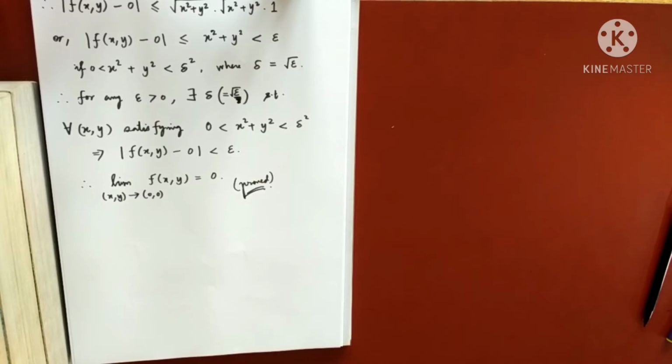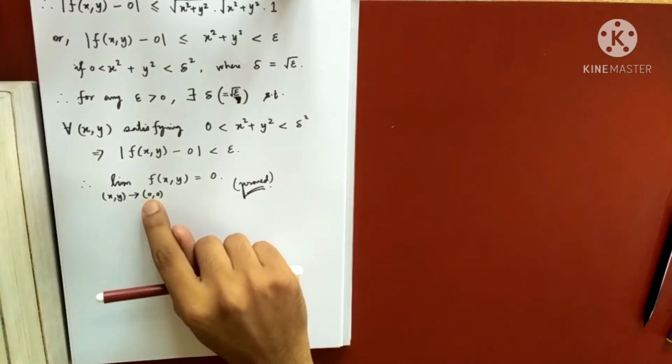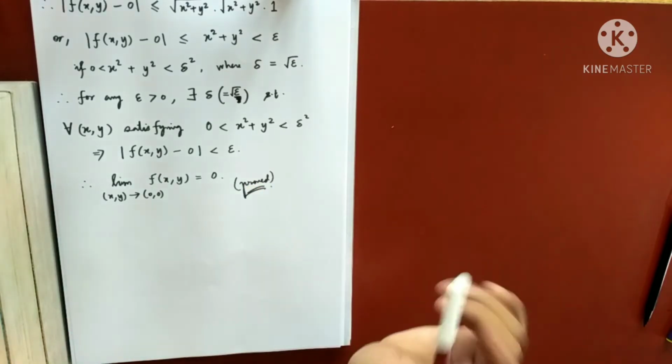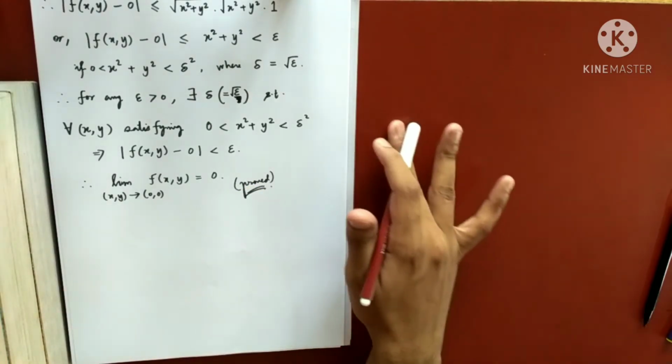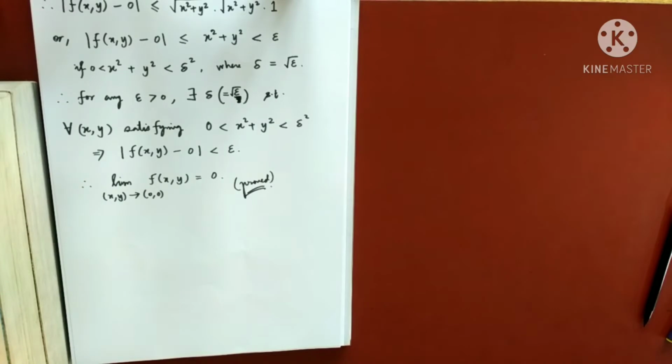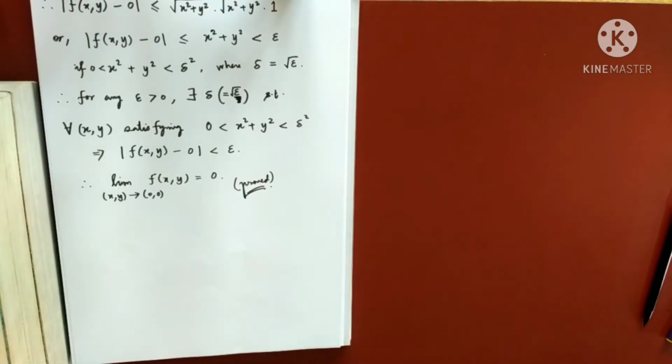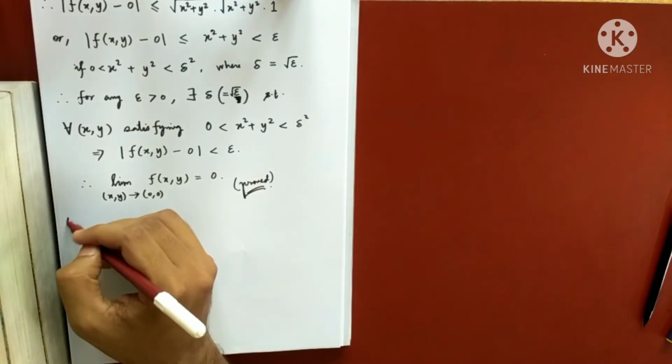Okay, so whatever questions I have done till now, I have done 3 questions based on limit, and I have now given 1 question as homework. You see, in all of these cases, I calculated the limit at the point (0, 0), and the answer was 0. So it is not like we will only do sums finding the limits at the point (0, 0). It can be any non-zero number as well. So I'll show that question next.